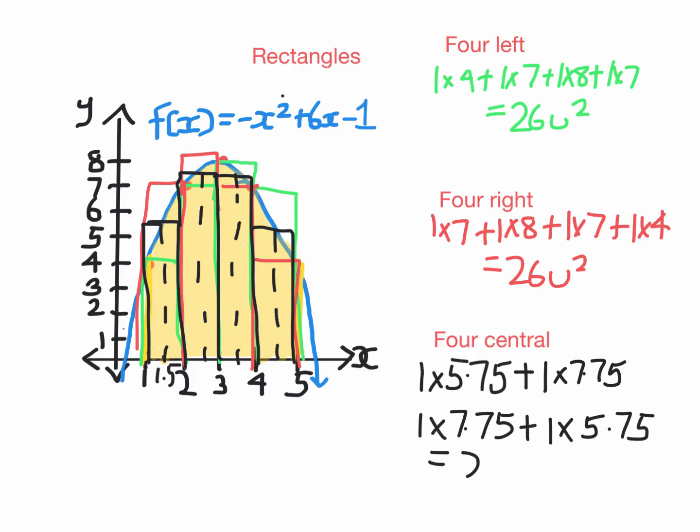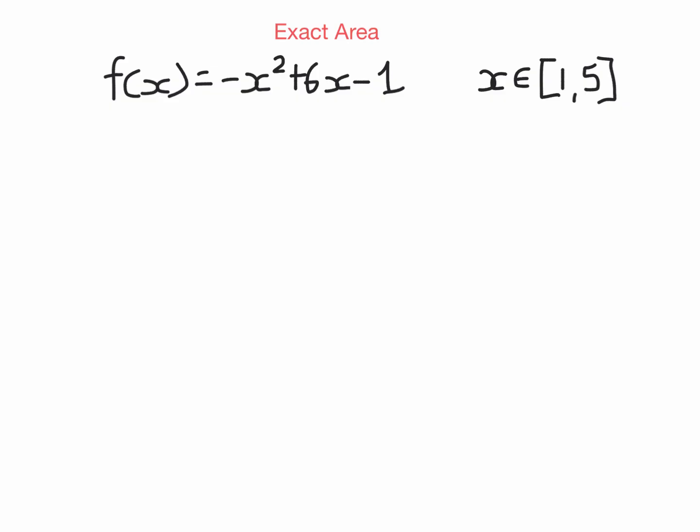And if I put that in the calculator, I get 27 units squared. So all of these up to this point are just estimates. Rectangles, Monte Carlo, trapezium, just estimates. Now let's look at calculating the exact area. To find the exact area under this curve between x equals 1 and x equals 5, I'm going to